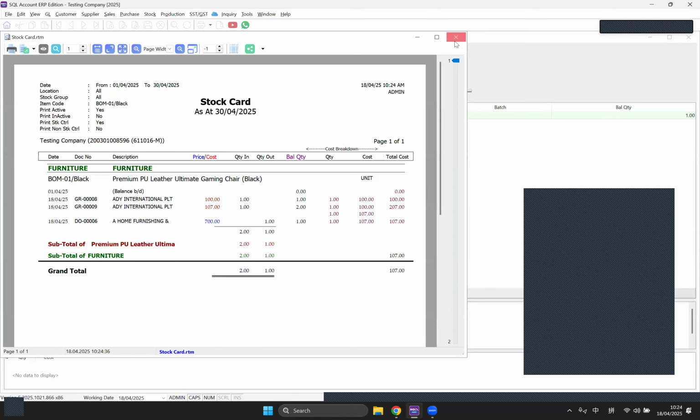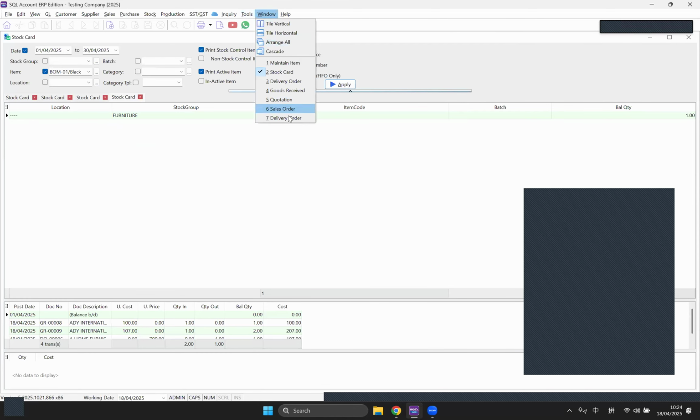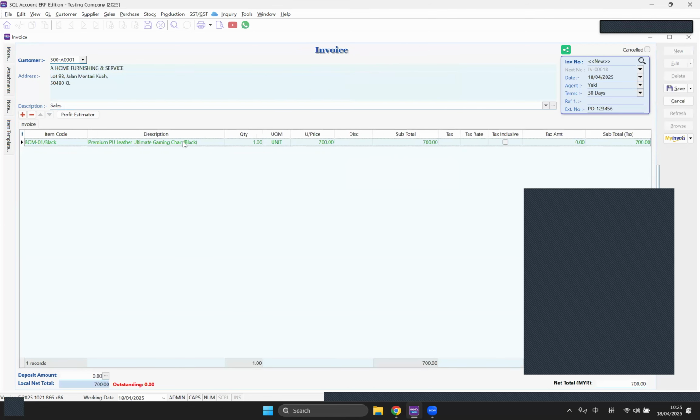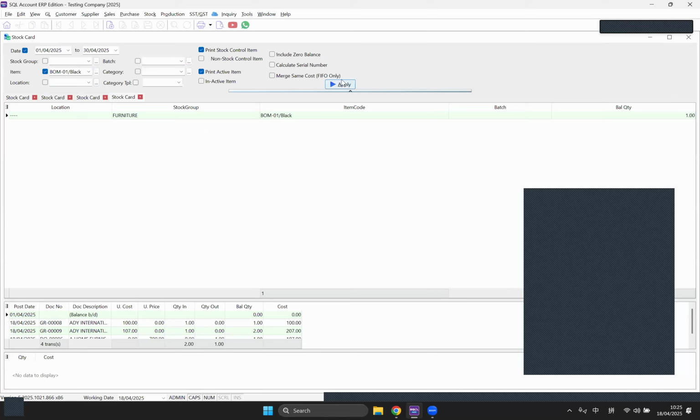Okay. Next, just now you asked me about the capture from the DO, not invoice, right? Okay, so for those using the stock system, make sure that after you issue the DO, you need to transfer to the sales invoice, no matter whether you use the first method or second method. If you transfer to the sales invoice, it is also the same, it will show as the green color wording. Okay, when you check again the stock system,